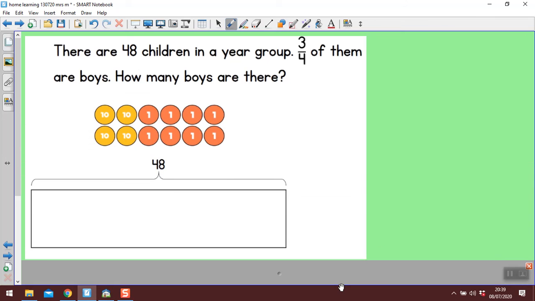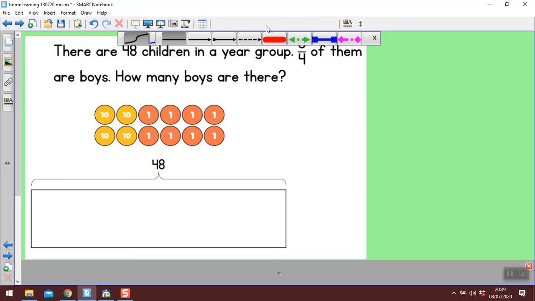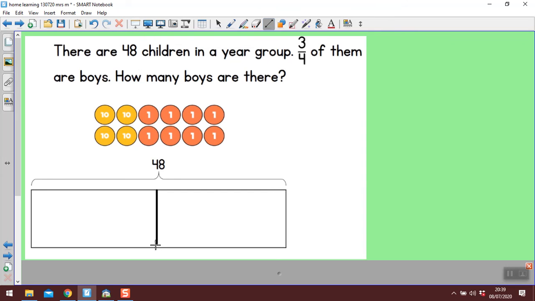So I could use it with counters again. And I just split my bar into 4 equal sections because I need in the end 3 out of 4 parts. So I need to have 4 parts. If I shared them out, I would have